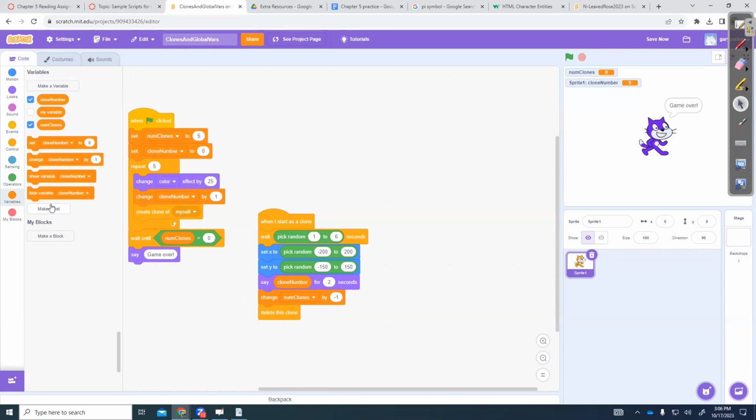Questions on this chunk of code? Yes, sir. So for the big clone of myself, yeah, recreating an edit from